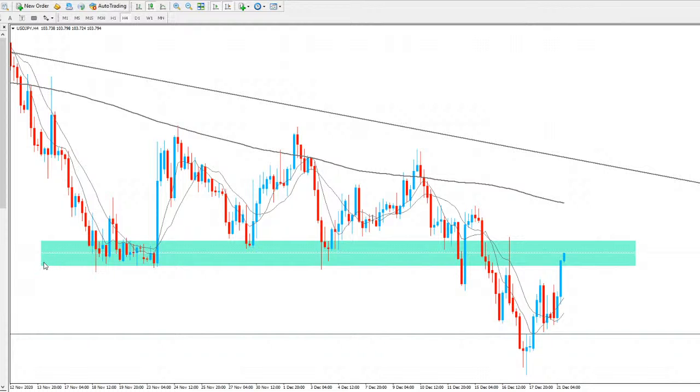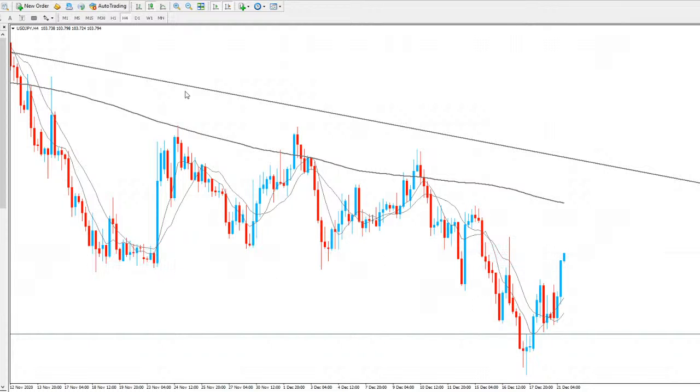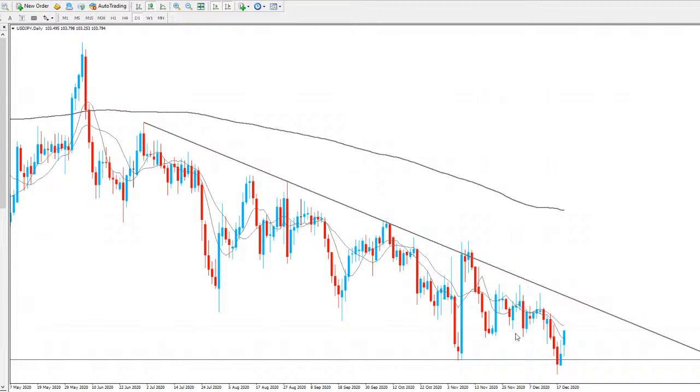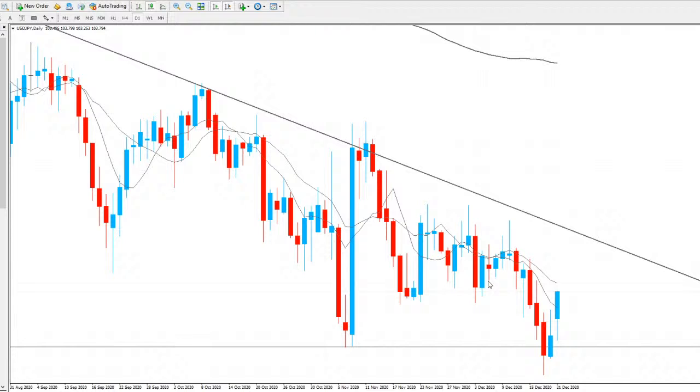USD is starting to look bullish again. As you can see, we had a push to the downside as we were expecting last week, creating some new lows in the market, which we expected, and price is now looking bullish again. In the past, as you can see, we've had a big push to the downside, and after that we've had another equal big push to the upside, to come and test that trend line now. So you can see recently had a big push to the downside, expecting price to go and find some support now, and then potentially come up and go and test that trend line again.